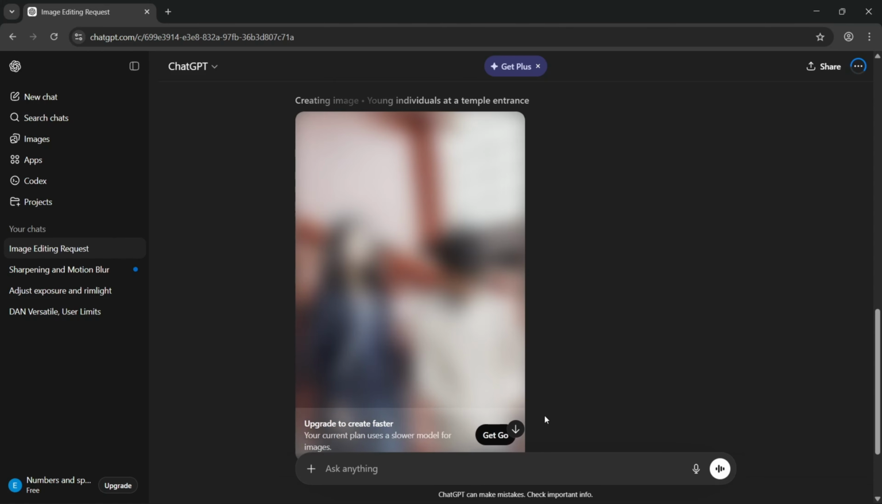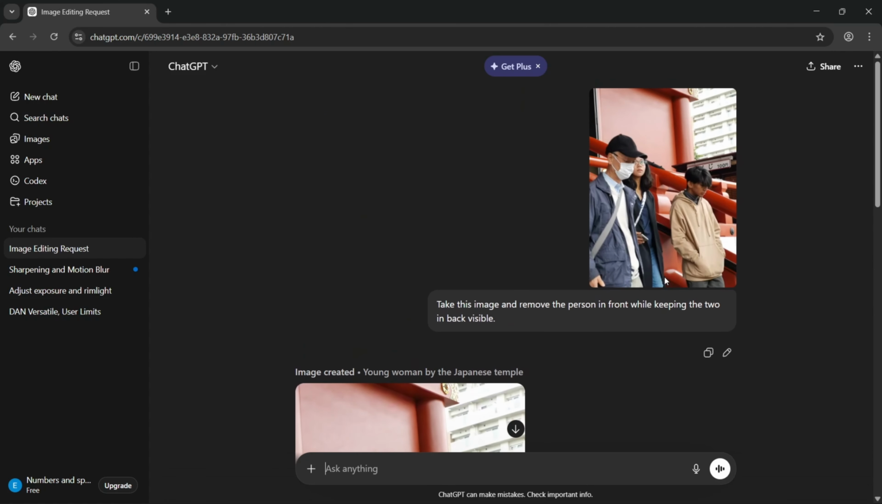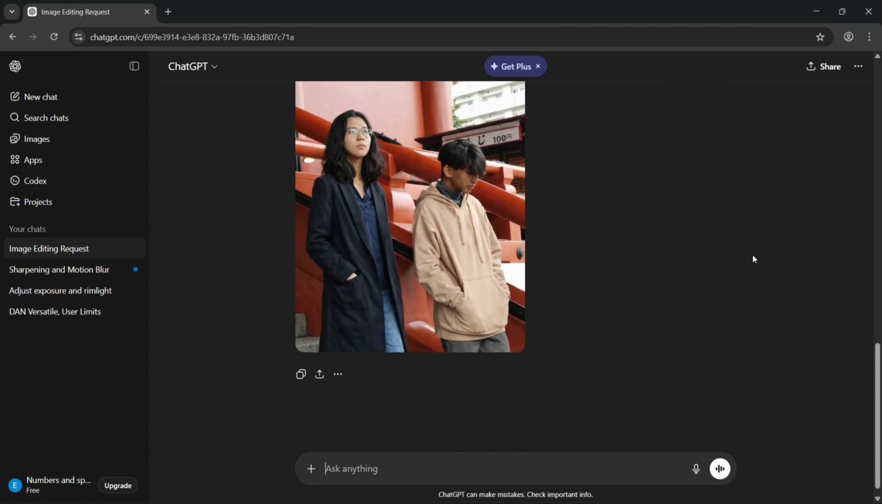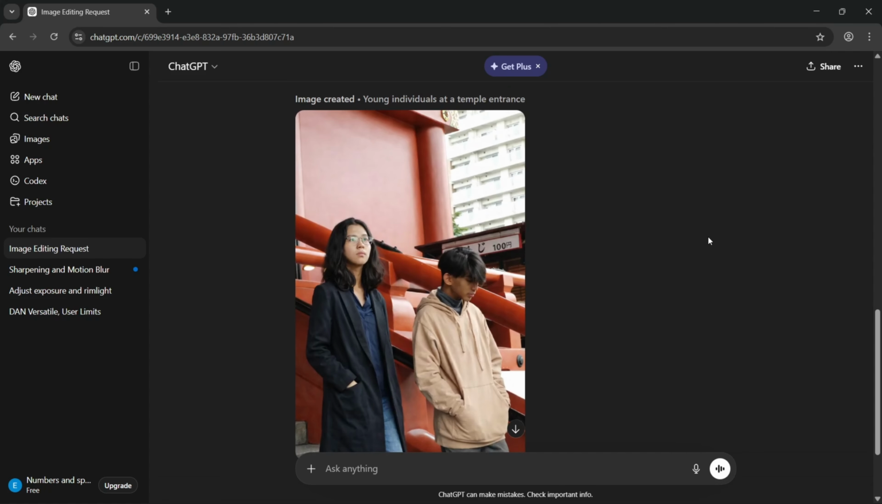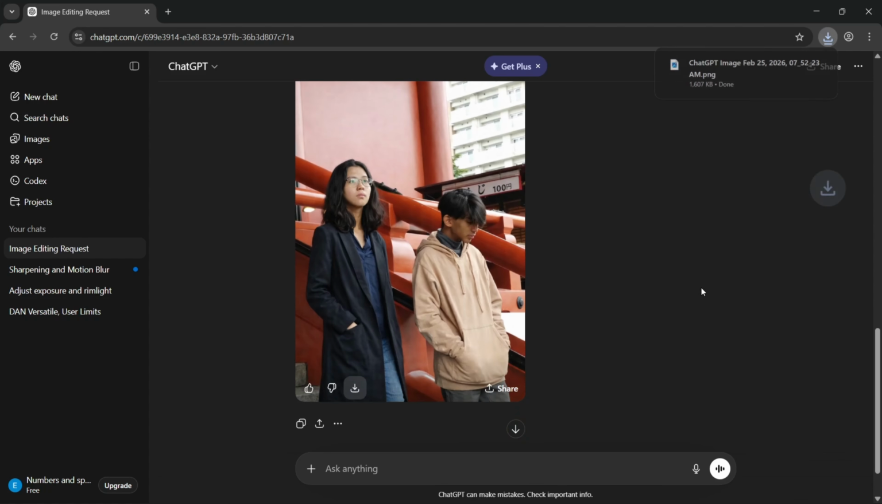So let's just give it another minute. And there we go. That looks pretty good. That has pretty much solved the issue in the first original image, while keeping the subjects in view still very recognizable. So I'll go ahead and save it for future use,